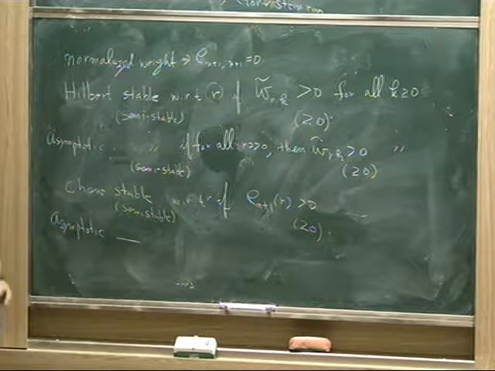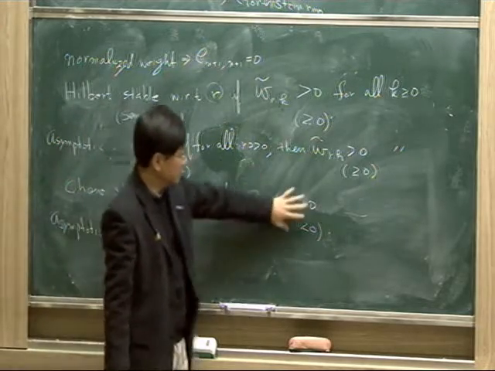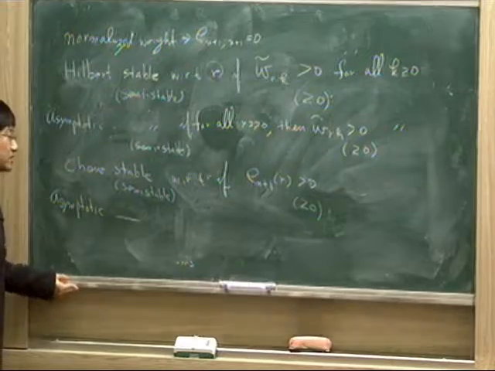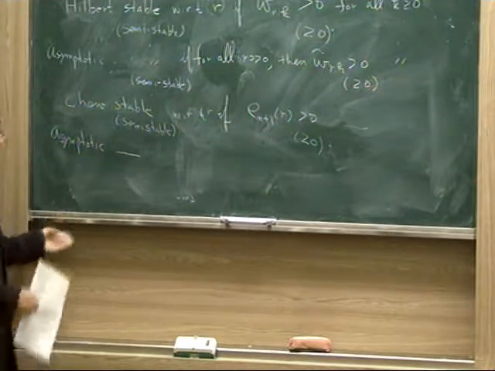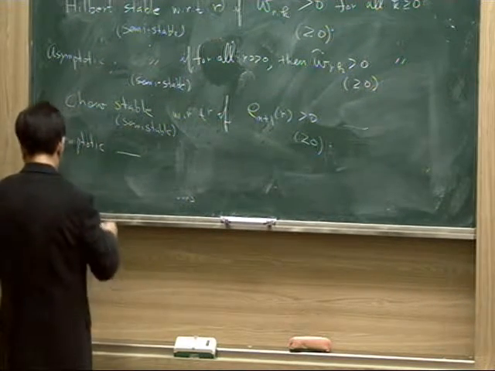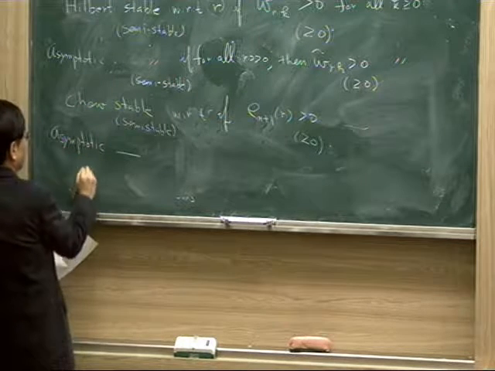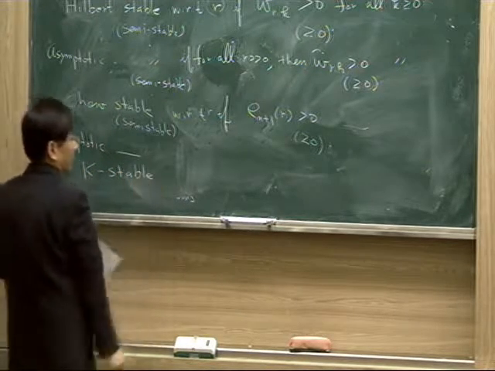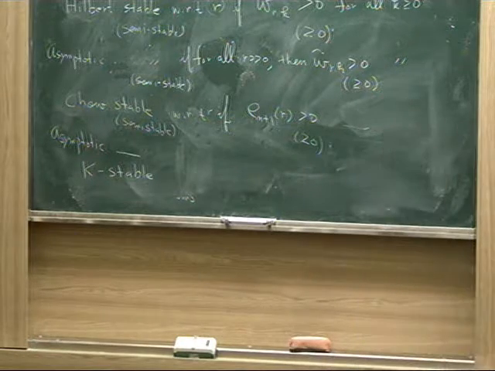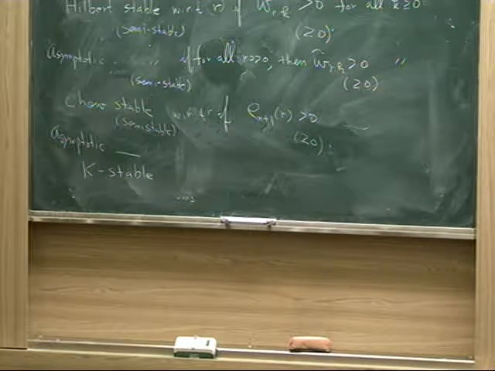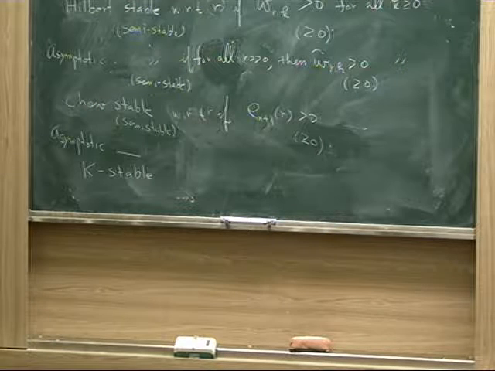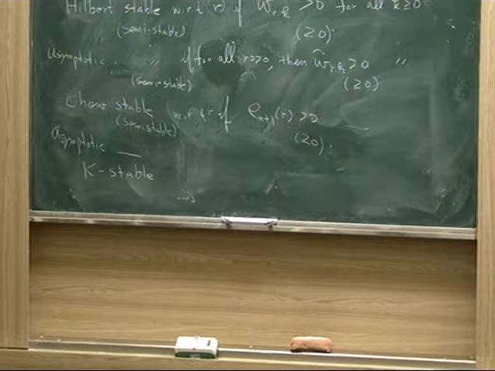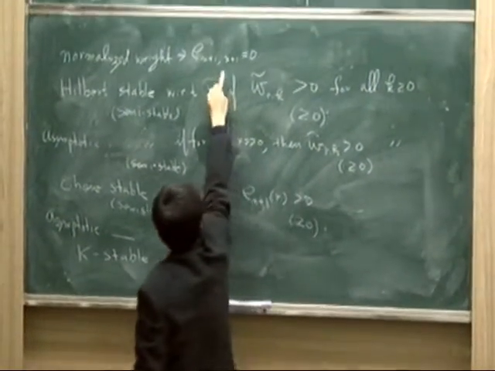It's just the same way. I mean, for all R sufficiently large, and then this one is positive. Also, we can define asymptotic Chow semi-stable. And finally, we can also define K-stability. But then we have this coefficient. The coefficients are polynomial in R. So then looking again at the top coefficient of this polynomial, but the top one is 0, so looking